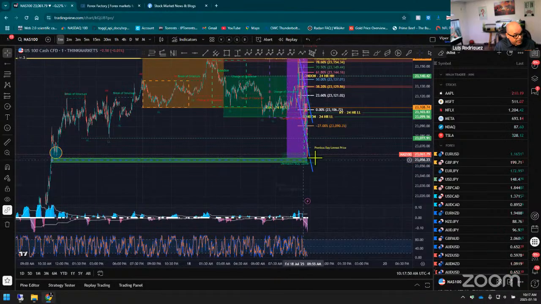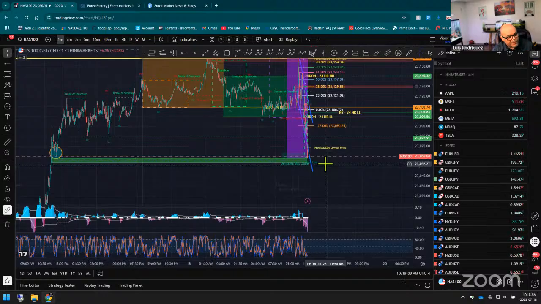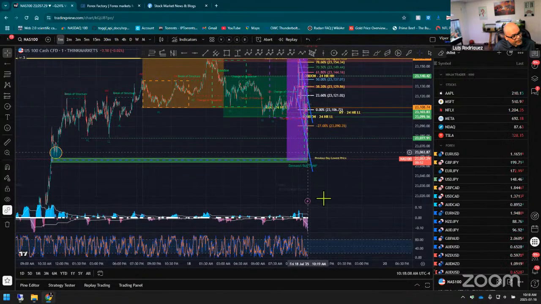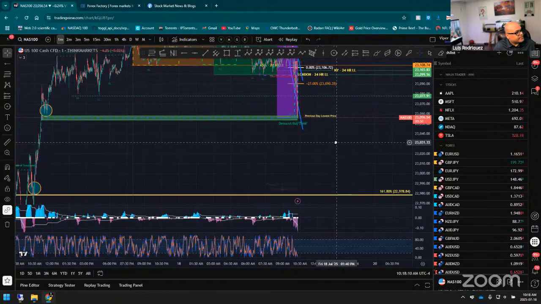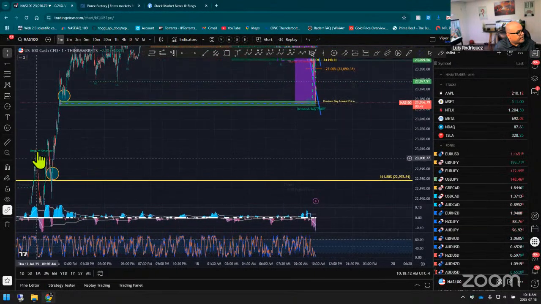If not, if it breaks this, it's just gonna drop like a hot potato, going down to the end of the world. They might even visit China and all these other countries down below. It's like having a hole in there to the end of the world. It's just gonna suck it in down to the next areas, which is here.